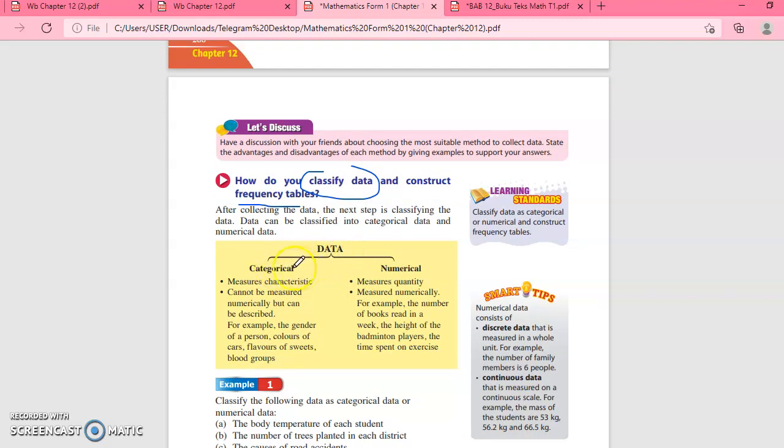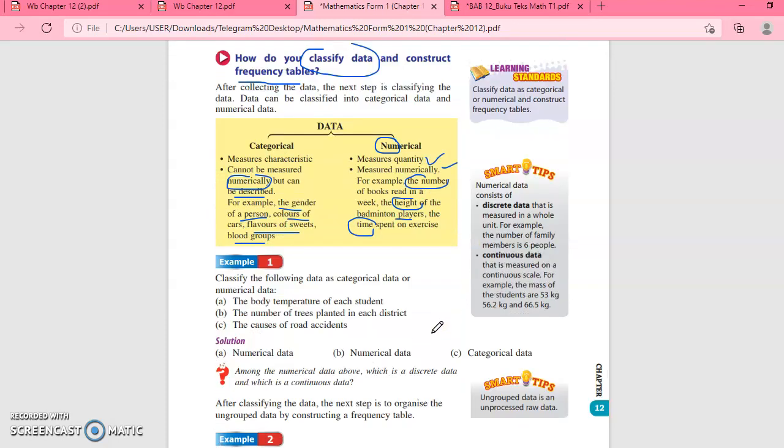Categorical data: a characteristic that cannot be measured numerically but can be described. For example, gender, color of cows, flavor of sweets, blood group. Numerical data: a quantity that is measured numerically and involves numbers. Numerical, you see "num". For example, the number of books read in a week, the height of badminton players, and time also